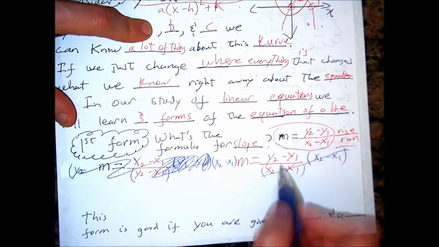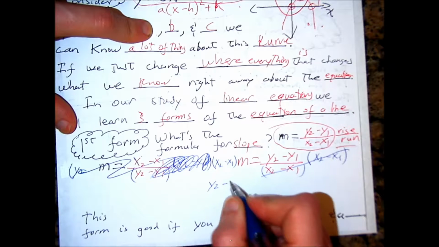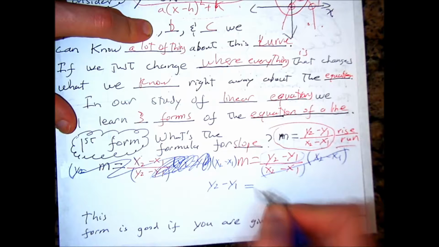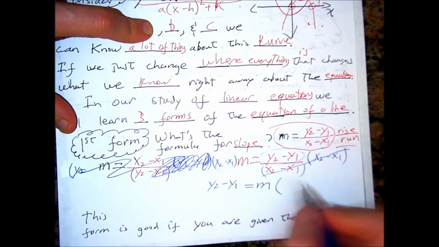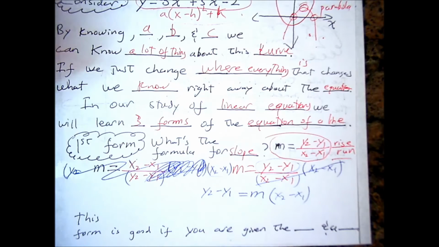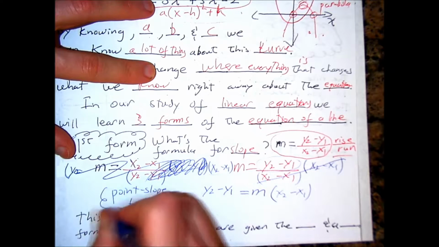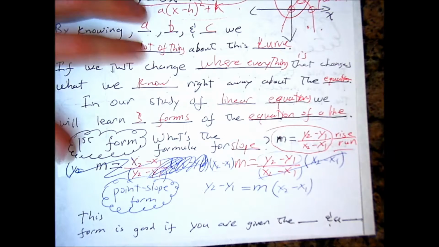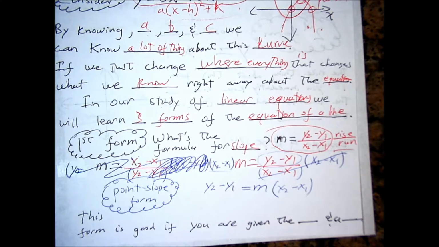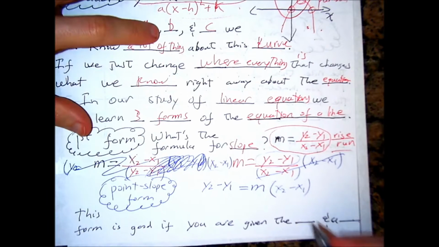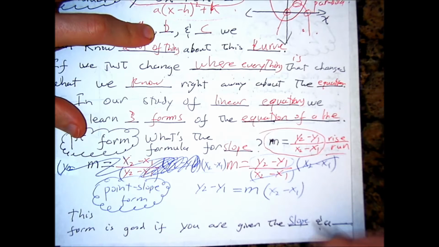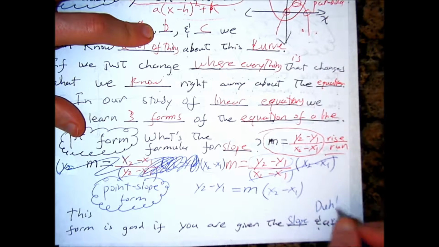So now if I rewrite everything, I'll have y2 minus y1, see right here, equals m times what? This, x2 minus x1. And this is our first form of the equation of a line. It's called the point-slope form. Okay? And the nice thing about this form is that depending on the information you're given, different forms are useful. So this is good if you're given the slope and a point. Well, duh, right? It's called the point-slope form, but that's why it's useful,